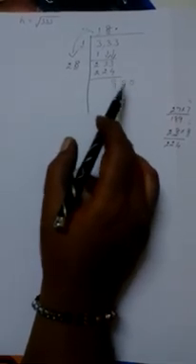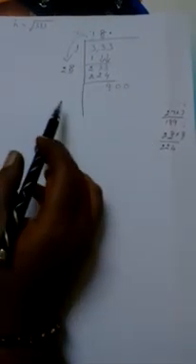3 is smaller than 4. We can't subtract. So borrow. Borrow means 13. 13 minus 4 is 9. Here 0, 0. Then here you put 1 point. Then add 2 zeros. In normal division, we usually add 1 0. But in square root method, you must add 2 zeros, not 1 0. Okay. Then what is the next step?